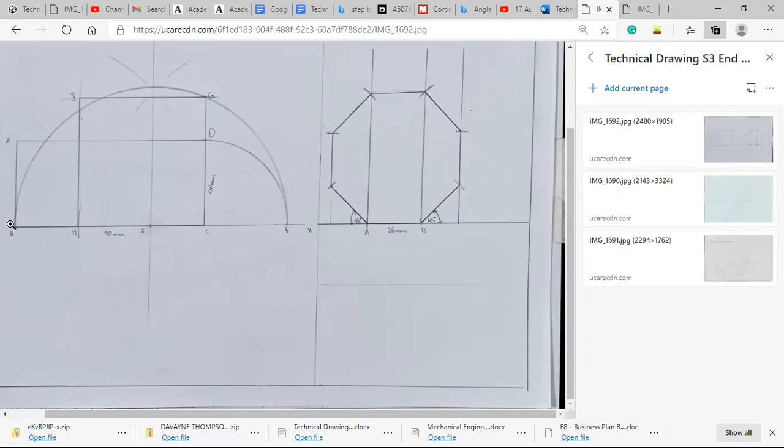You extend the line CD up to the point where it meets the arc and call it G. And G to J has to be perpendicular to the top of the rectangle. And with the length of C to G, you mark off the points, the vertices, where you connect the lines. So you use the compass C to G, and then from there you put the compass point on